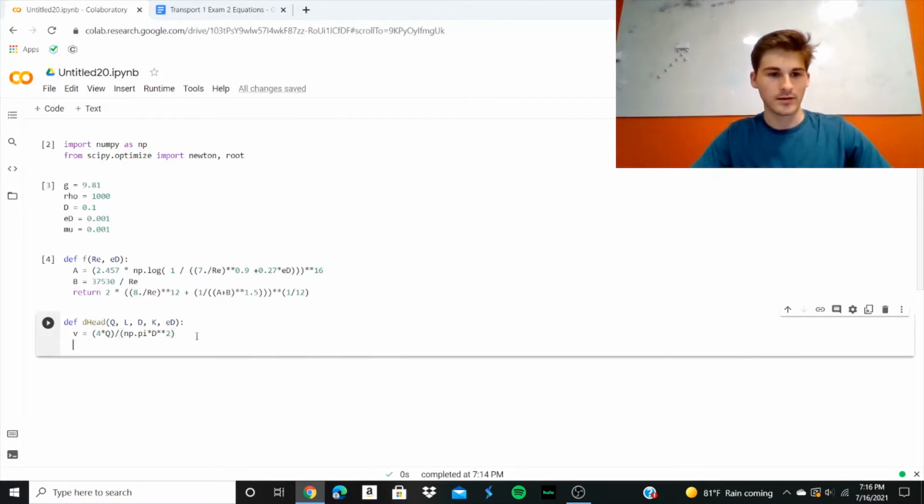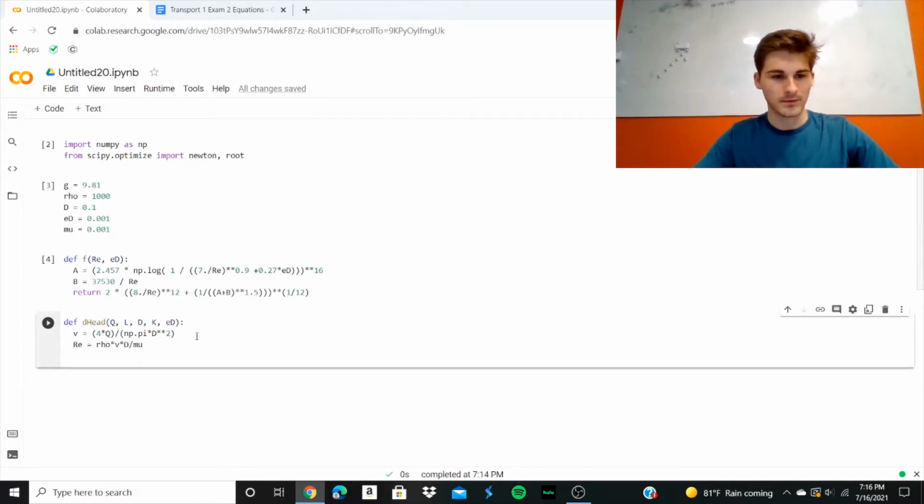So the velocity, and then we need to find a Reynolds number to give to our fanning friction factor function. So the Reynolds number, of course, is equal to rho v d over mu. And then we can return